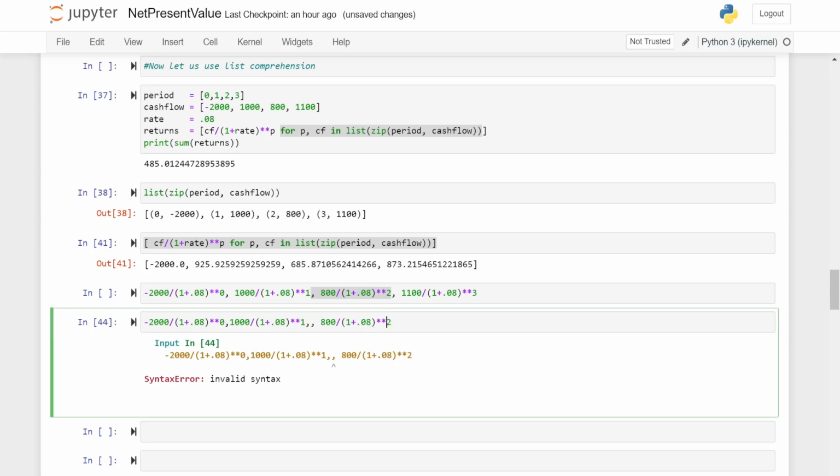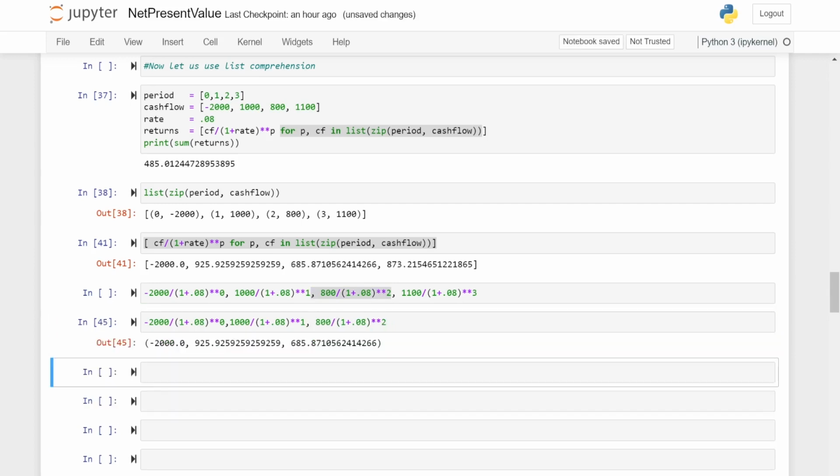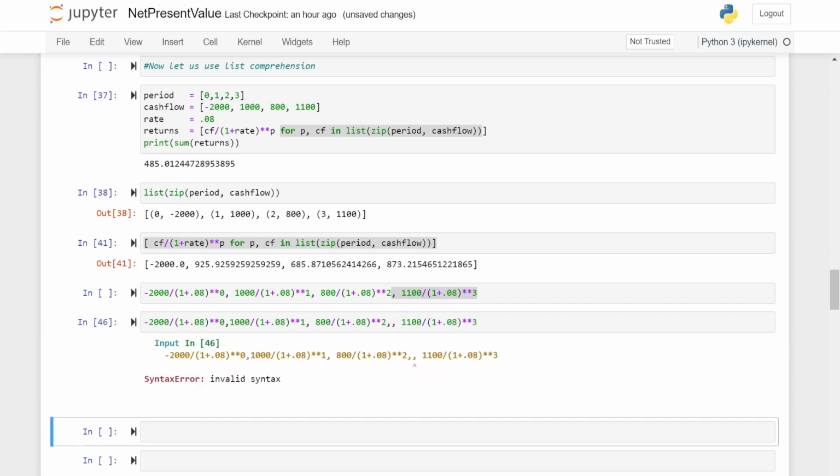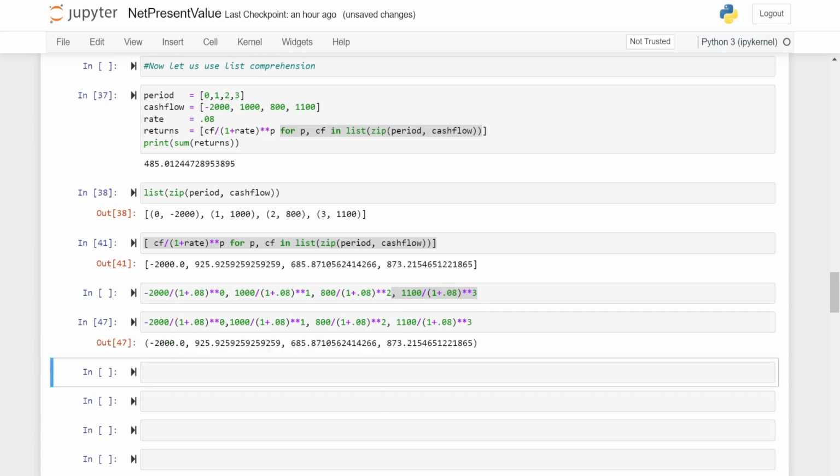Oh, what happened? Two commas. 685. Correct. And then this piece. Again two commas. Okay, 873. So this entire line is giving us this output, and we are taking this output,